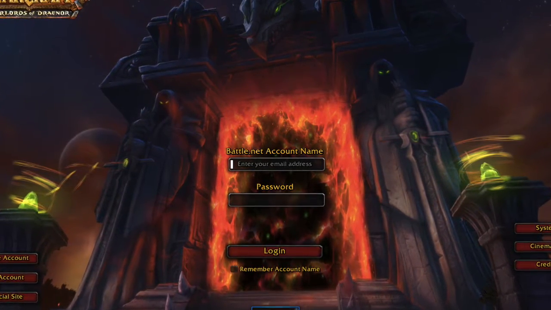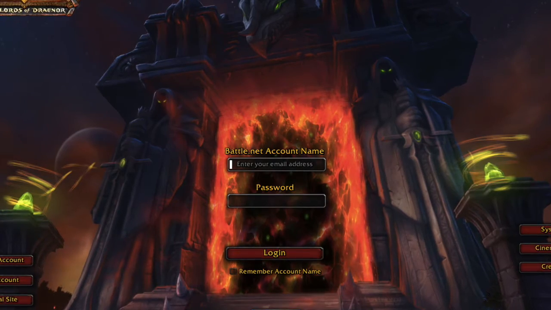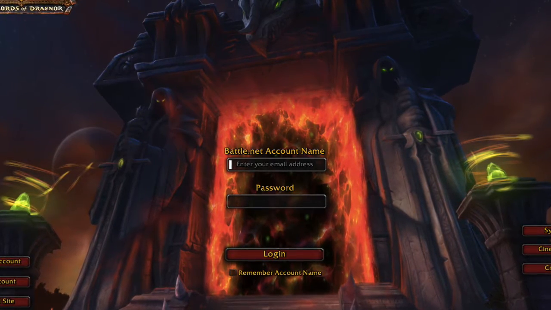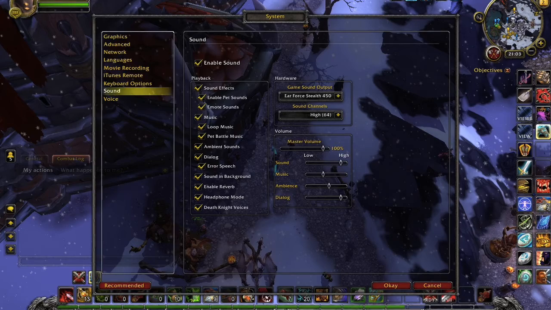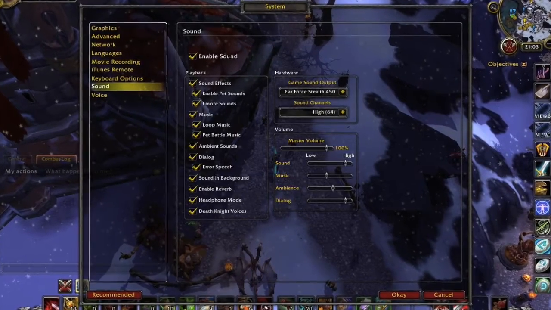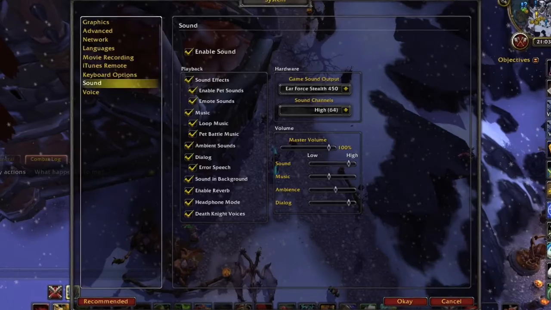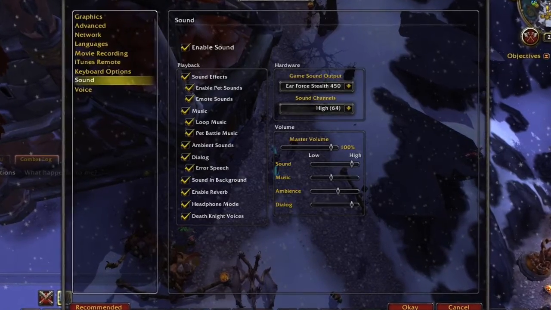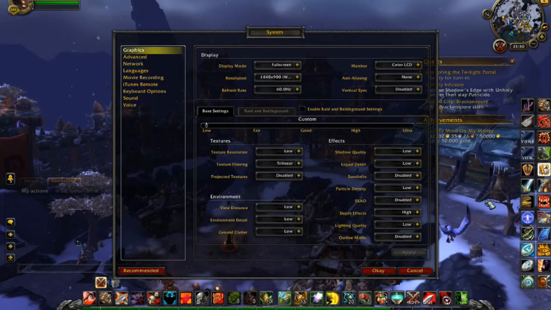I'm going to start with the lowest video settings going up to the highest. The only thing I don't change throughout the video are the audio settings. Those are maxed out with the headphone mode on for surround sound and reverb on for the ambient feel throughout the gameplay. Now, as I said, I'm starting on the lowest settings called poor,